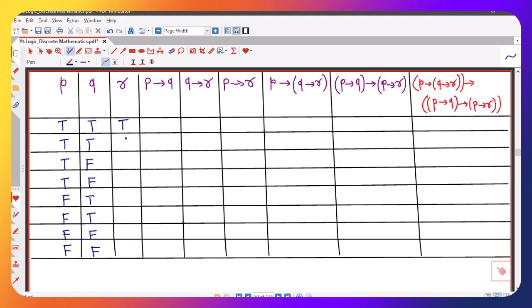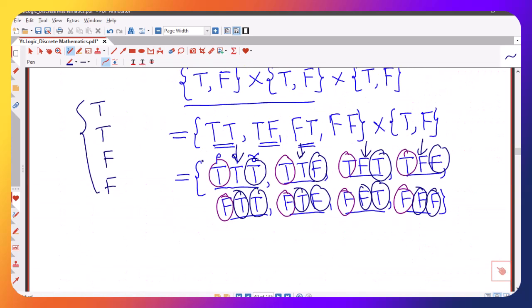First I start with T, then F, again T and F, T and F, T and F. So these are the possible 8 combinations for truth values of P, Q, and R, which we have obtained using